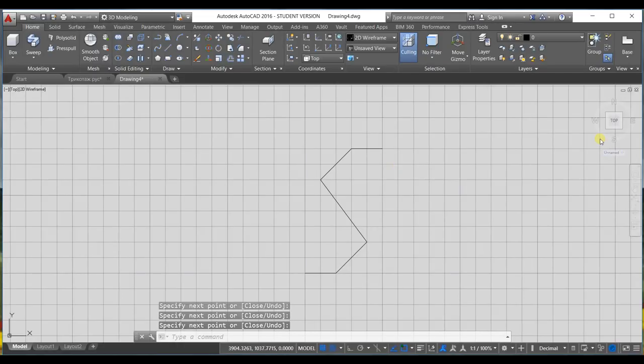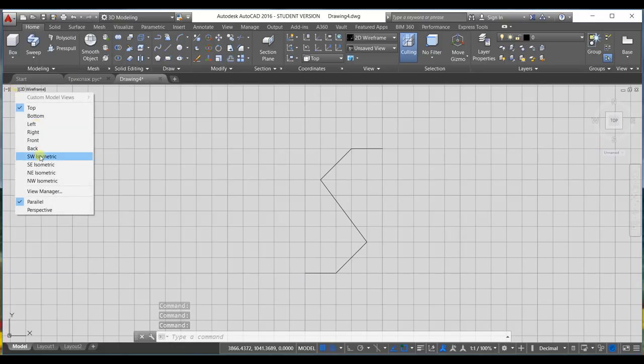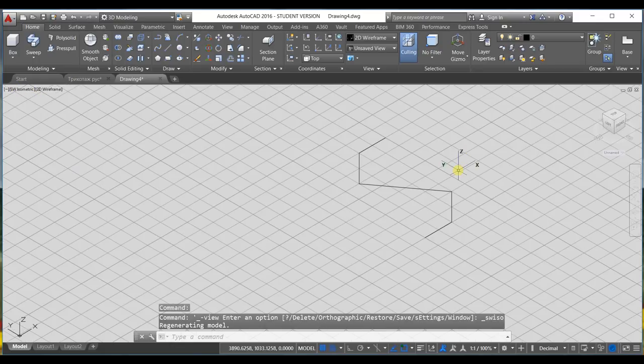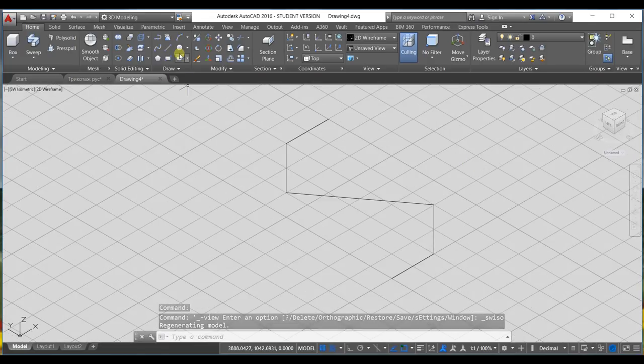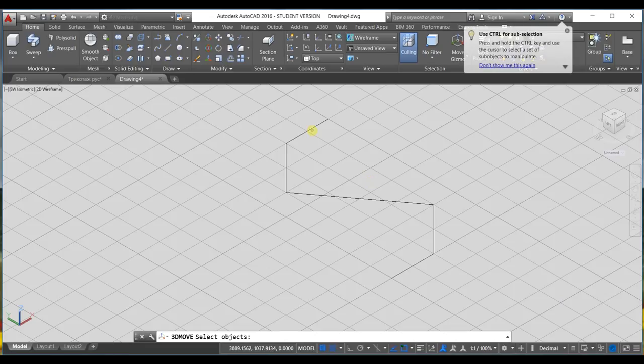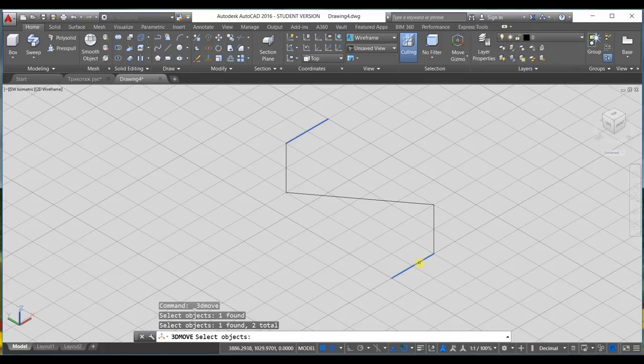After this I switch to an isometric view by clicking here at the lower left corner of the view cube. It doesn't work. Wow, don't know why. We shall make it like this, and I pick the 3D move tool and I choose this and this segments. I hit enter,